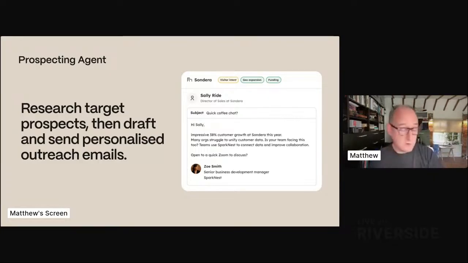But this is a really good tool for smaller businesses, or businesses that are looking to add some personalization to relatively large volumes of emails. Okay, so